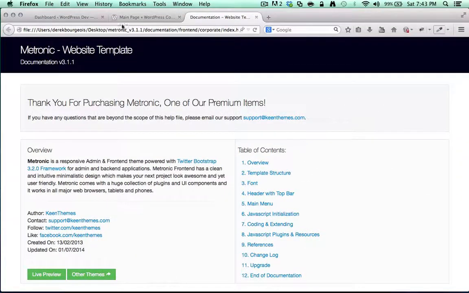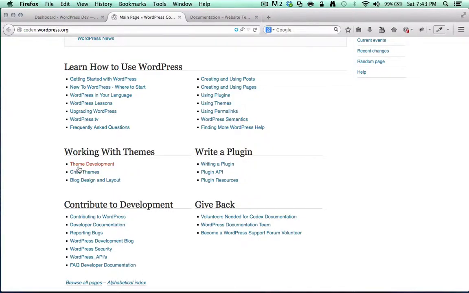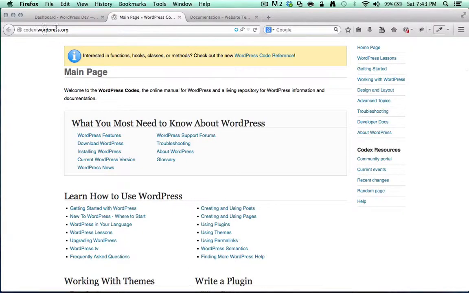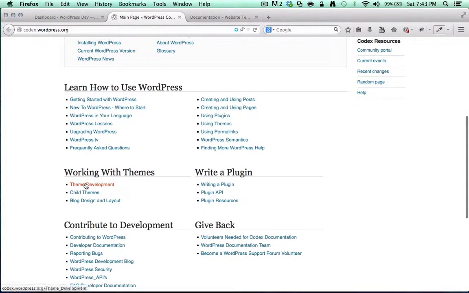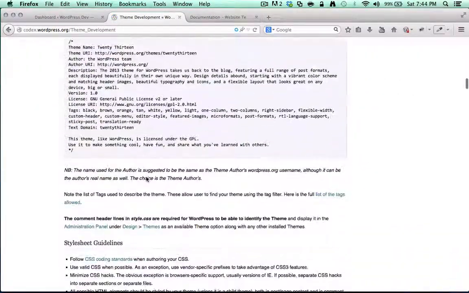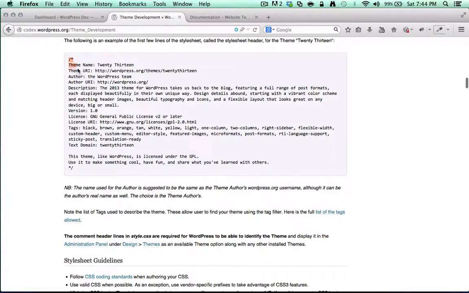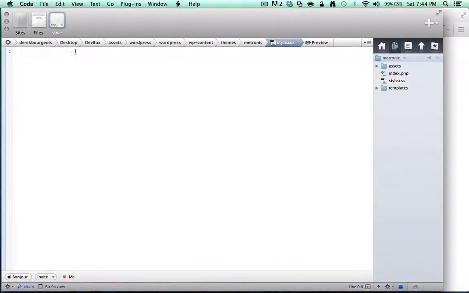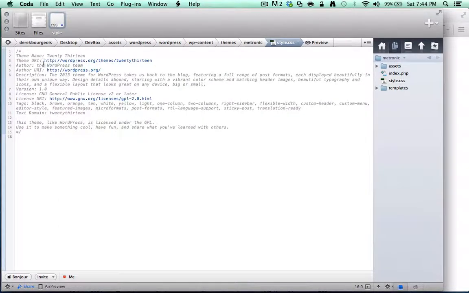Okay, now what WordPress tells us we need, if we go to theme development, so if you go to codex.wordpress.org and you go down to theme development, WordPress gives you the code that you need. Not all of it, but enough to get you started. Now, this is going to go into your CSS file, and we can go ahead and fill in what we need. In this case, it's going to be Medtronic. Theme URI is going to be